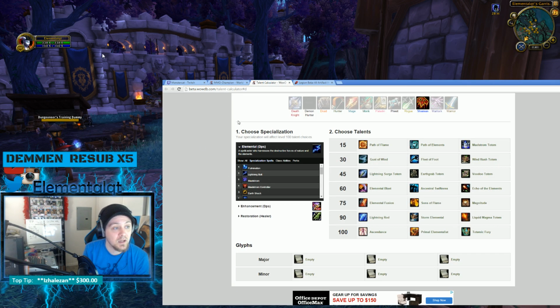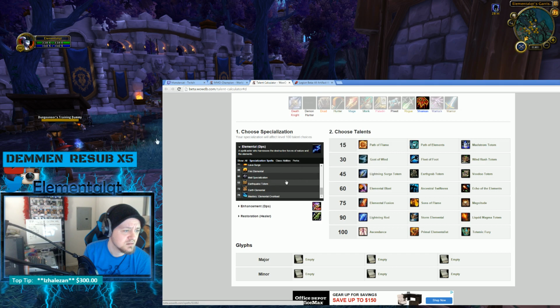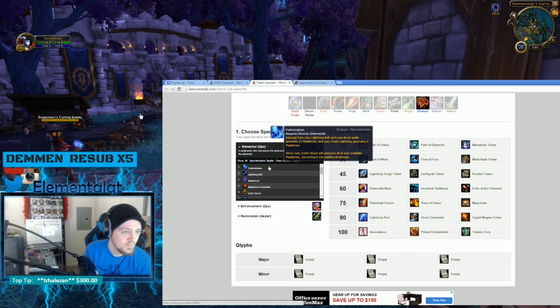Okay, so now I'm going to actually go to Elemental. Okay, so you said what? Okay, so read these is what you're saying to me? The actual changes? Okay, let's read this. Damage and Lightning Bolt. Okay, we're going to go through Fulmination first. Damage from your Lightning Bolt and your Lava Burst spells generate 15 Maelstrom. Your Chain Lightning generates 6. When you cast Earth Shock, it will consume your...